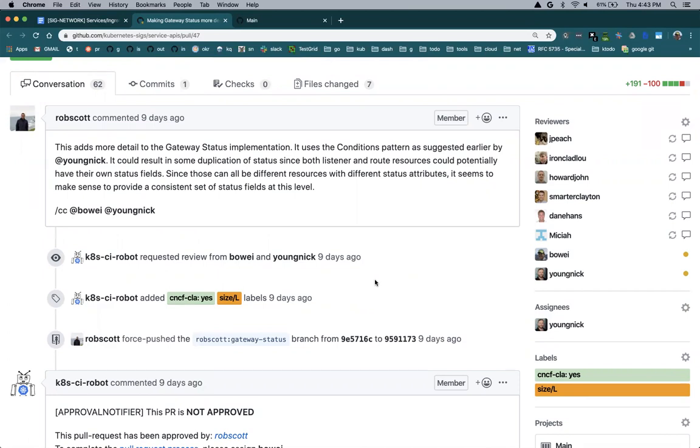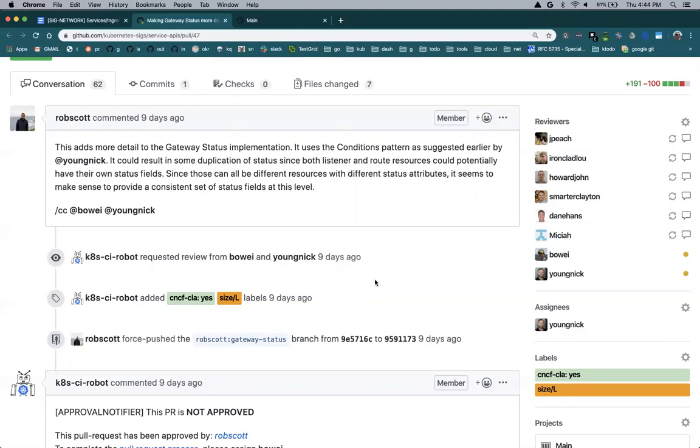The initial PR had a lot in status, including status items for every single route and listener. And the matching was done index-based, so route status at index 2 maps to route at index 2, which unfortunately does not scale, especially if someone happens to add a route in a different position and things get out of order, then your status gets very confusing.